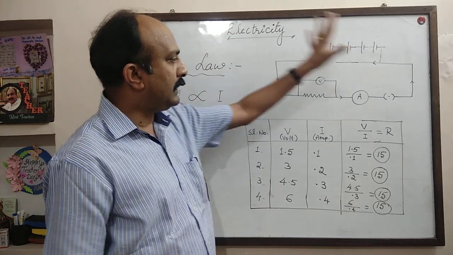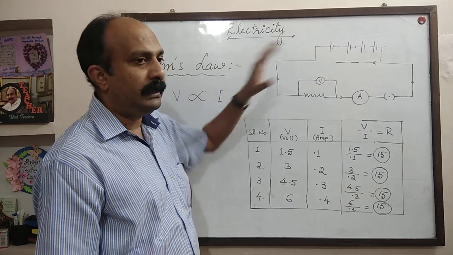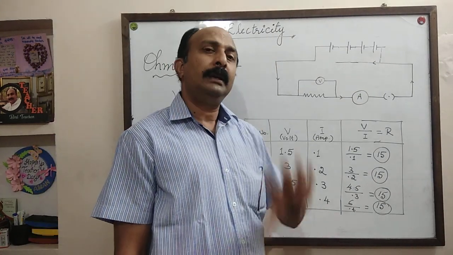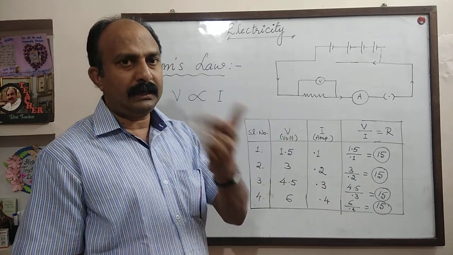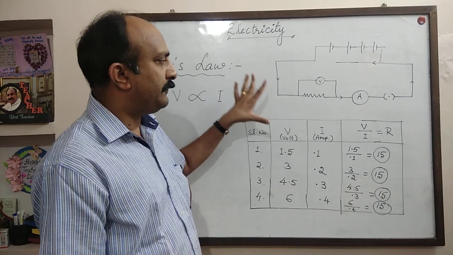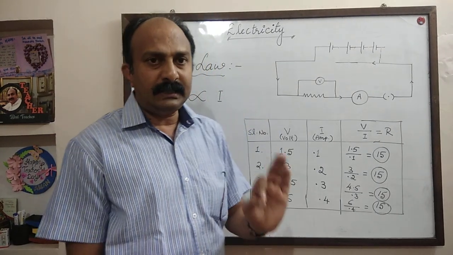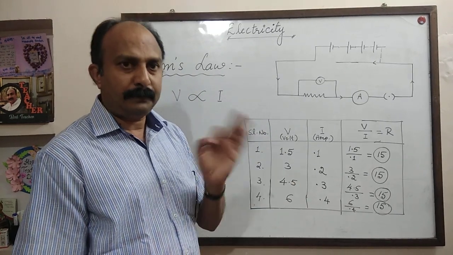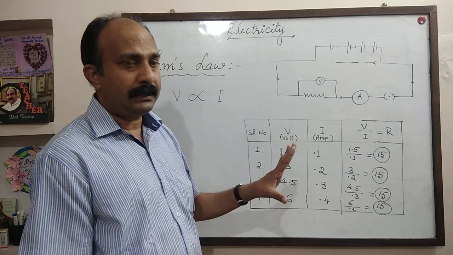So, while coming to the conclusion of this Ohm's law, we can say, when you do such an activity, you will get it. It is an activity for you in class 10th. From this chapter, there are 3 activities, and this is the first activity, verification of Ohm's law. So, in your physics lab, all of you will do it personally. Then you will get it. All of you will get it.